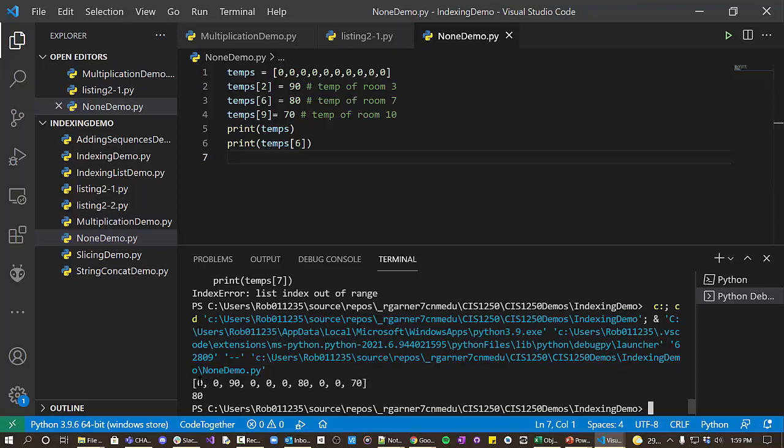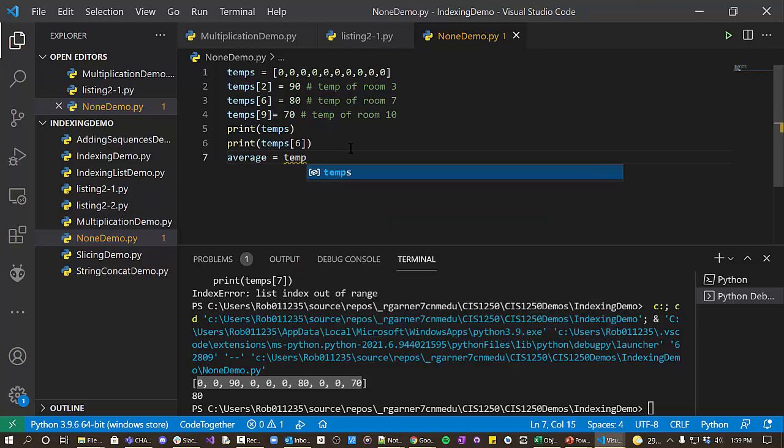And because these are zeros, we might be tempted to add all of these up, which would give us a really low temperature, which would mean that if this was being used to automate an air conditioning unit or air handling unit, it would think it was really cold and it would blast up the heat, and we'd have really hot rooms here eventually. Because if I took the average is equal to temp 0 plus,